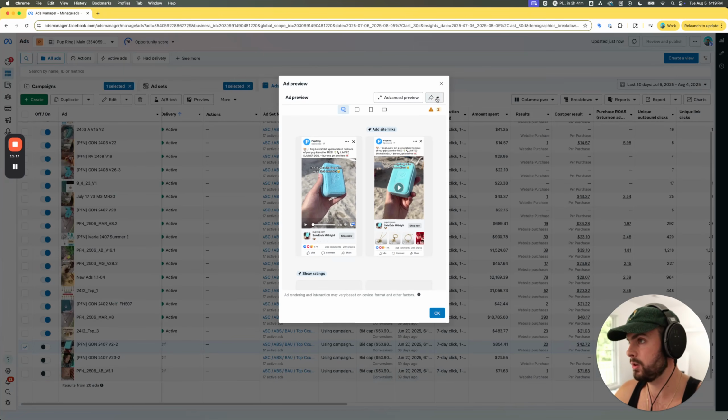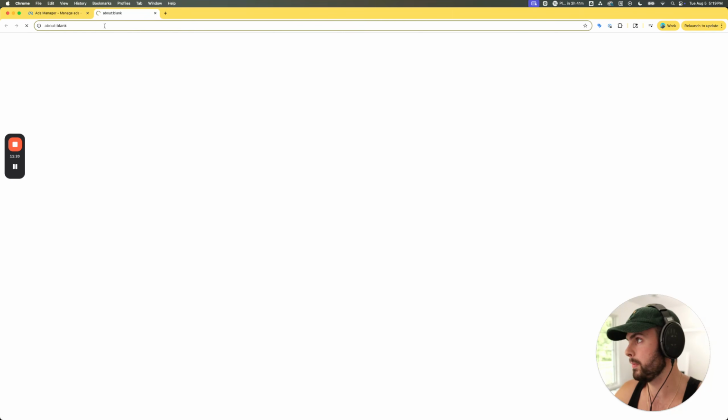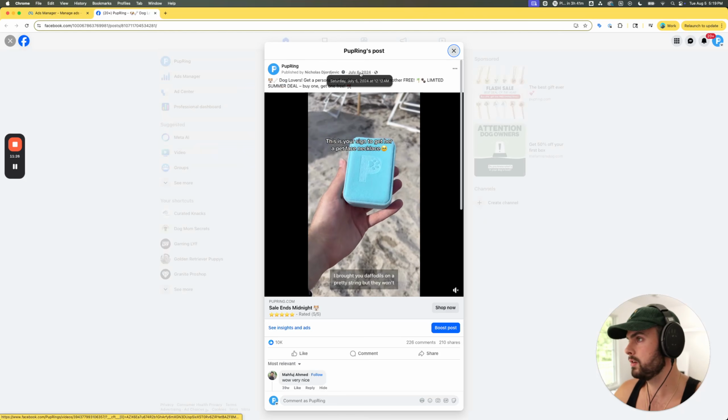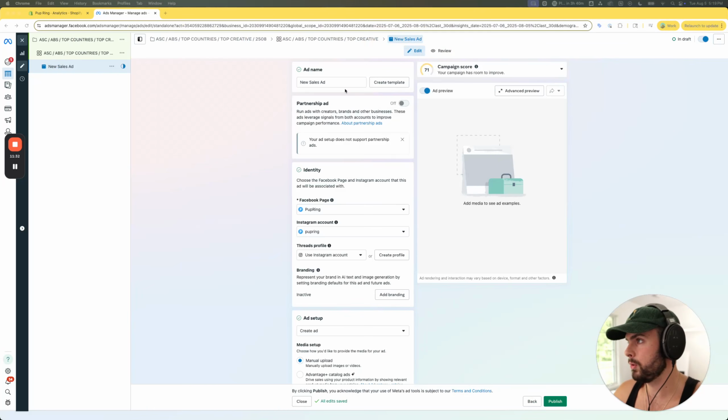I'm going to show you how to grab the post ID from this. Super simple. You just click on the share, click on Facebook post with comments, and then we grab the post ID here. You can click on the date there and then grab this ID. Then we can just name the ad the ID if we want,